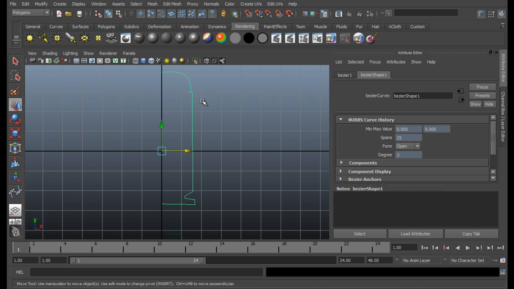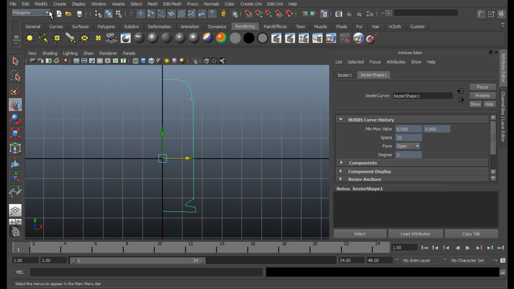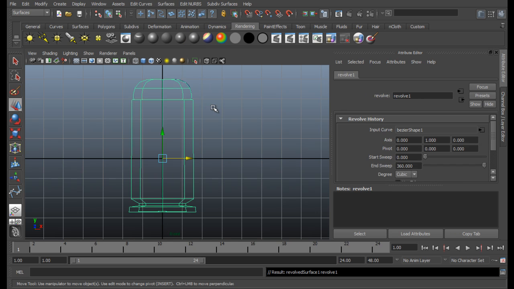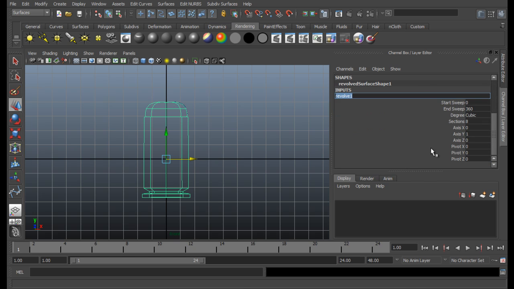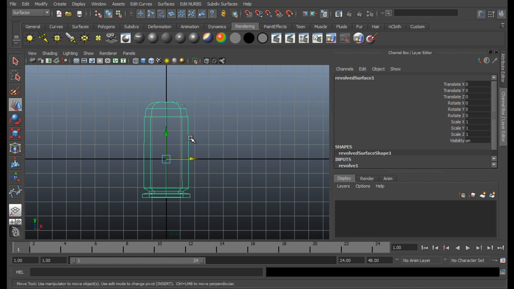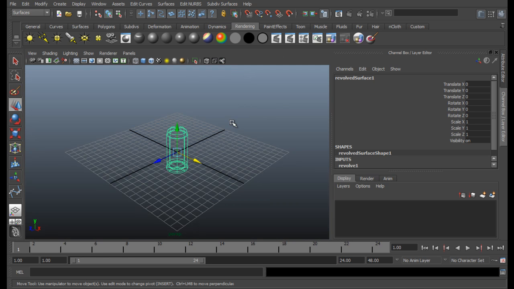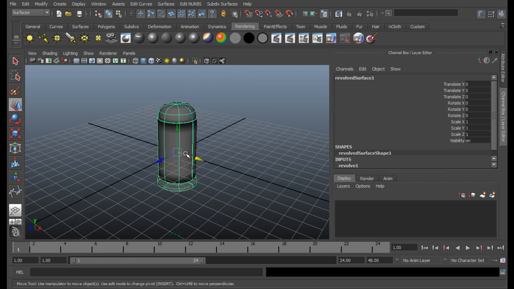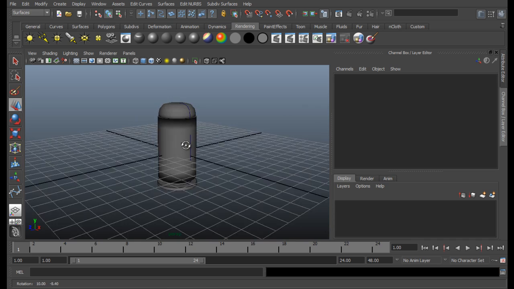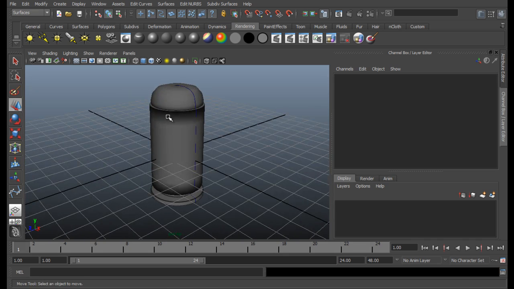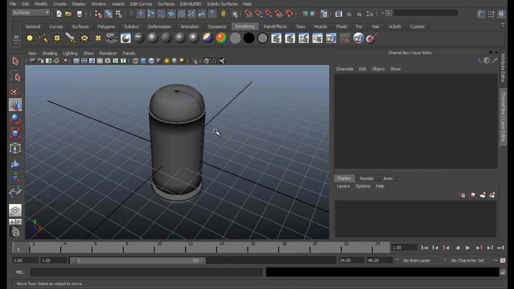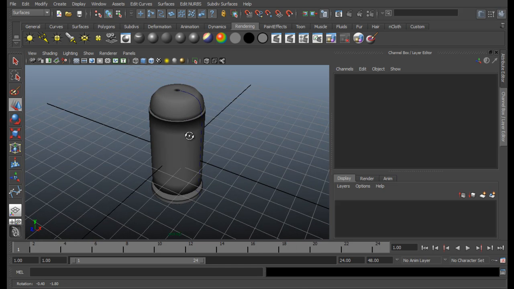Now with this selected, go to surface and revolve. So here we are. Go to channel box, revolve, and you see pivot X, it's 0, so it's alright. So let us go to perspective and press 5 to look at the settings. It's alright, you got these black spots like this, but we're going to convert it to polygons, so don't be